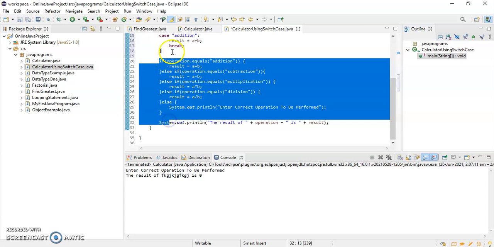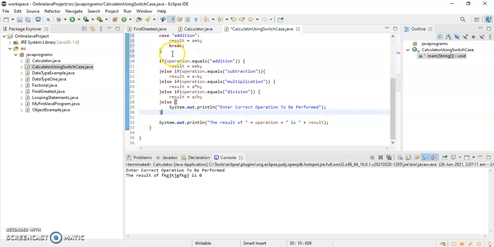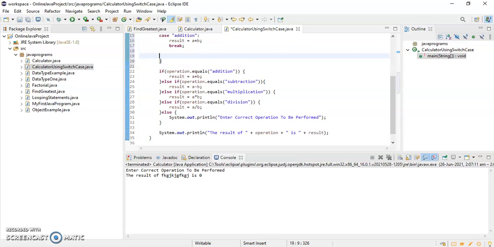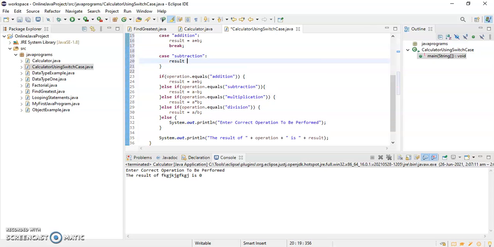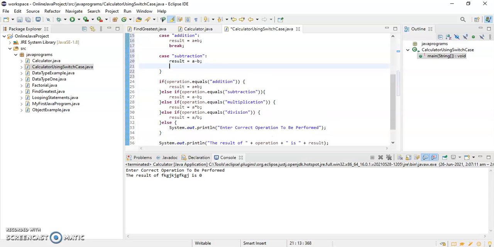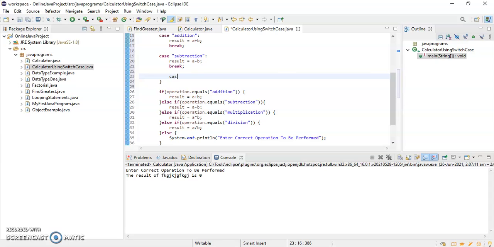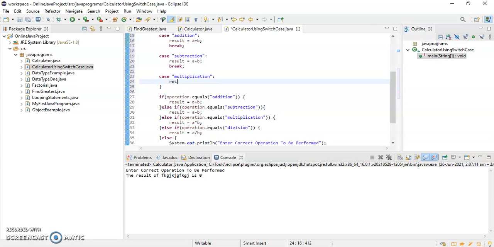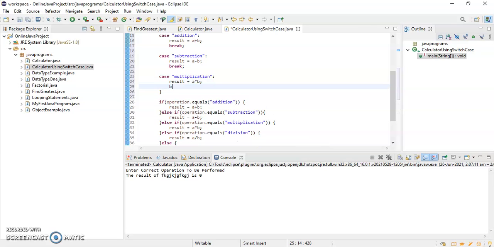Up to this. Then I'll write here case subtraction, then result is equal to a minus b, then use break. Case multiplication, then write result is equal to a into b, then use break statement.